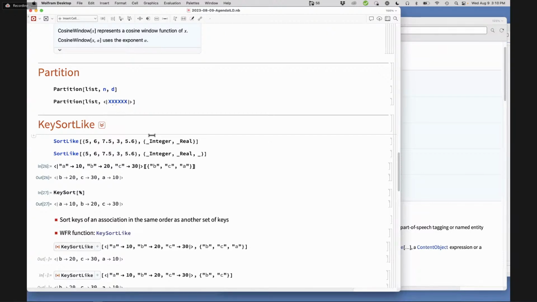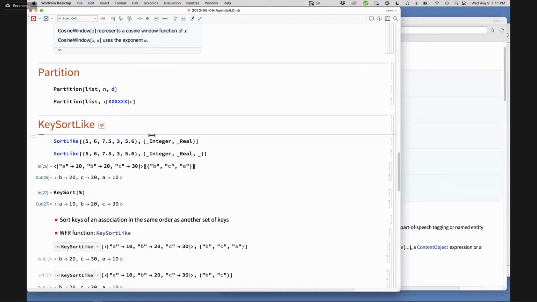What I think you're saying is you're proposing having a key sort like and a sort like, and I'm commenting on the difference between one taking literals and the other taking patterns. Oh, I don't see why key sort like couldn't take patterns. I don't see any reason it shouldn't. It should be fairly trivial. I can't think of a reason why it couldn't off the top of my head.